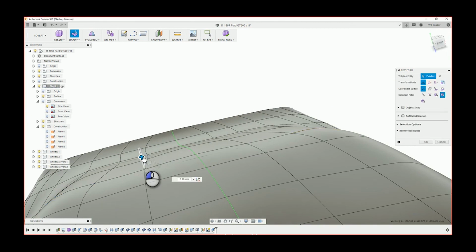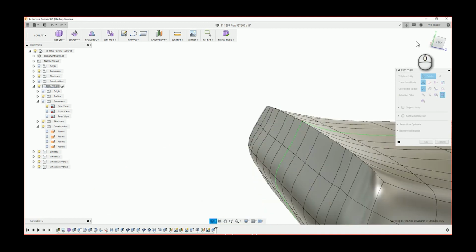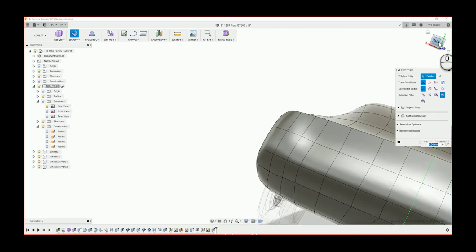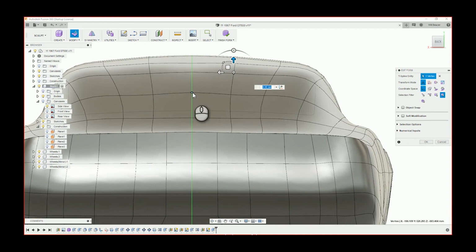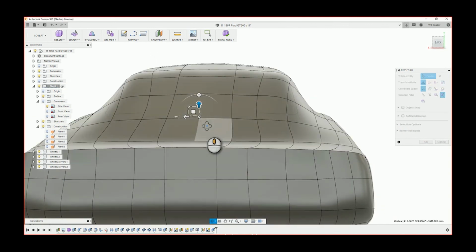The best way to guarantee that a curve is going to look good from any angle is to make sure that it is a smooth curve from the front plane, the right plane, and the top plane. If a line is smooth in all those directions, then from whatever angle you view it, it should look perfect. So here you can see the grid sags in the middle a bit,